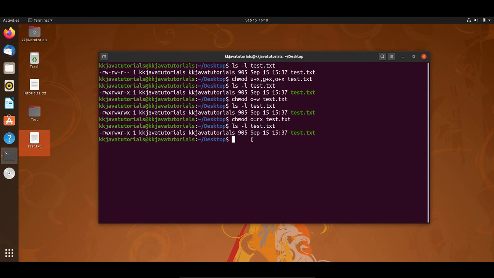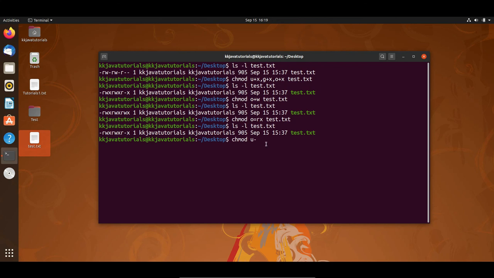Now let's talk about how to remove permissions. Let's say current permission shows like this, right? So I would like to revoke execute permission from group as well as owner, right? Then how we can do that? So again I will write chmod, right? Chmod, and then for user you have, then to remove permission you will have to use minus sign, minus.